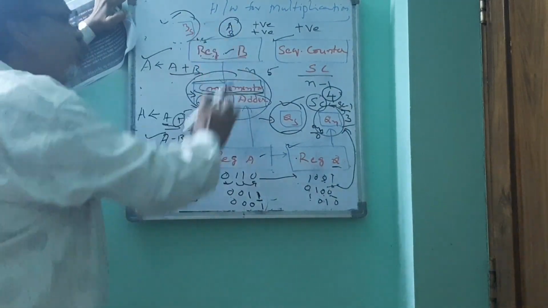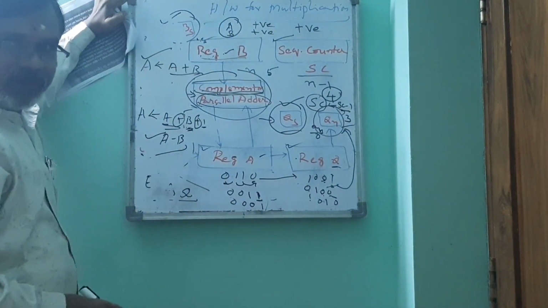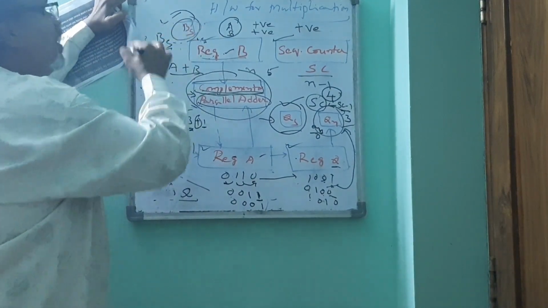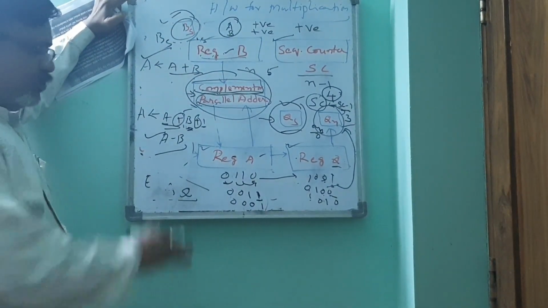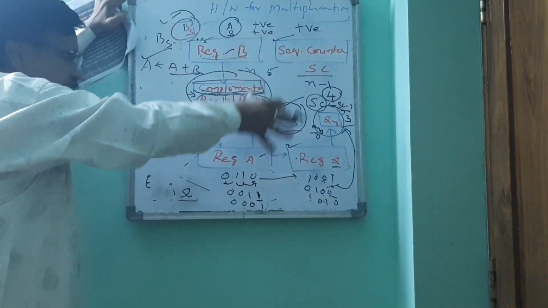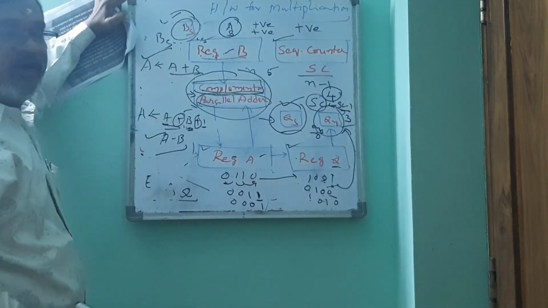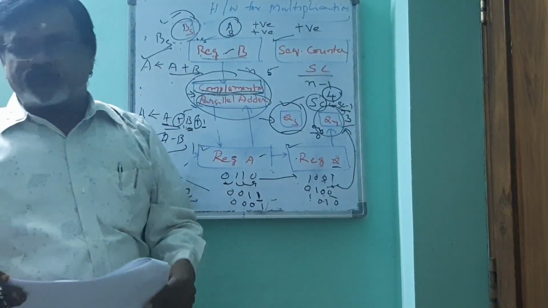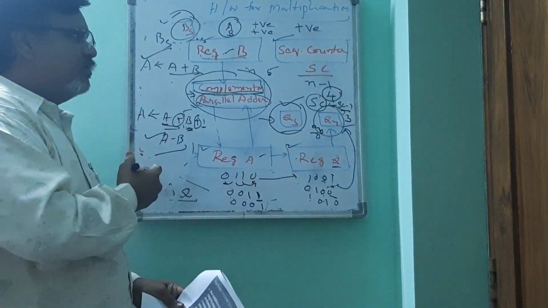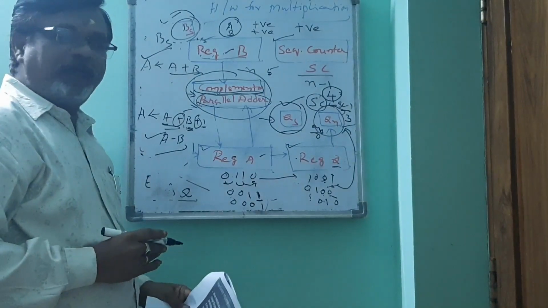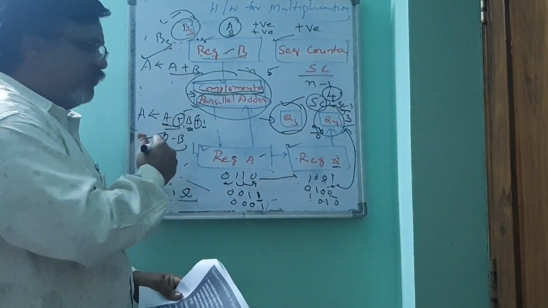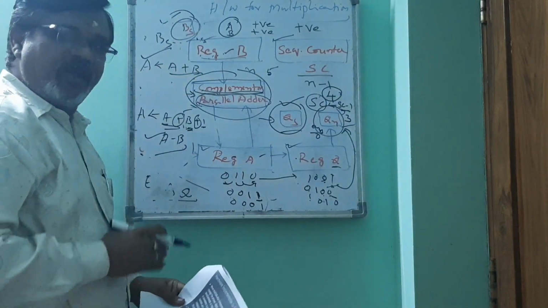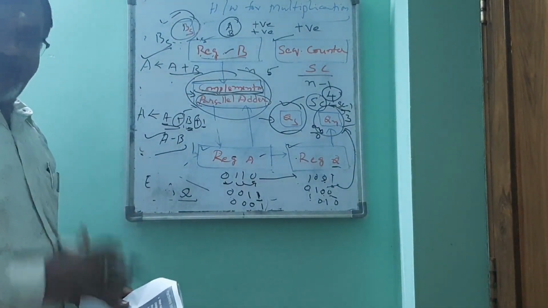But how do we know whether it is a positive number or a negative number? With the sign bit BS. Okay, so this is the hardware implementation that is required for the multiplication algorithm. Now we'll see the flowchart, and then we'll take an example. We will explain that example and the sequence of the steps in the flowchart for your better understanding.